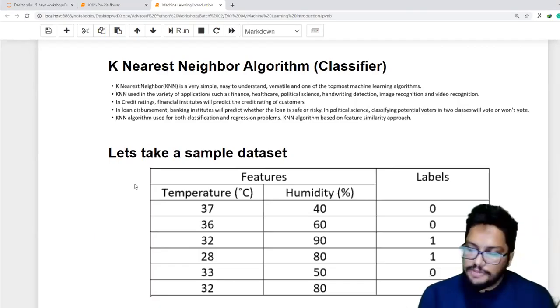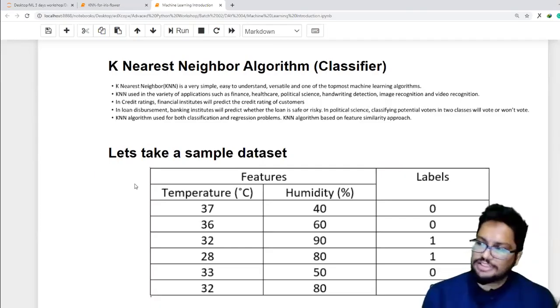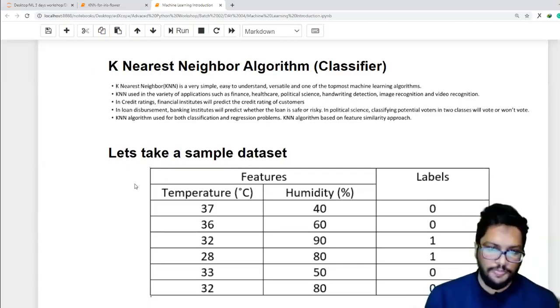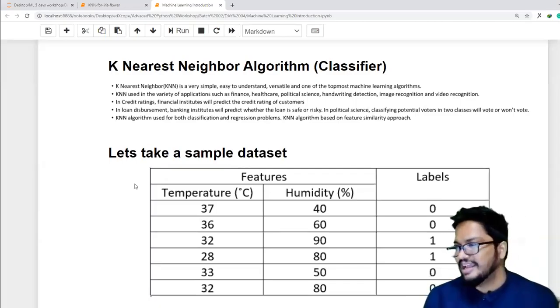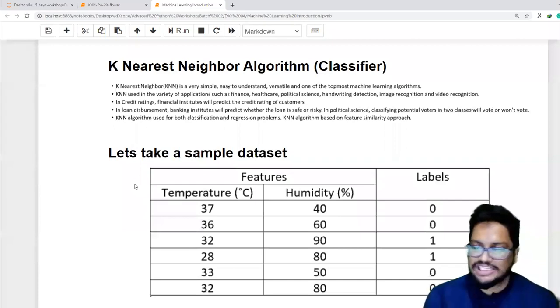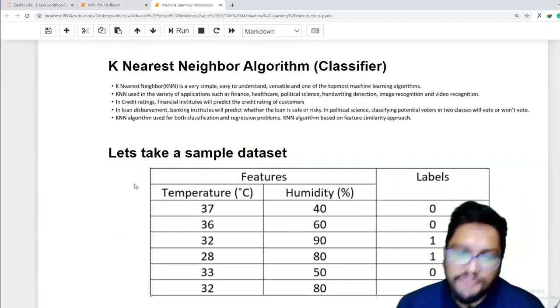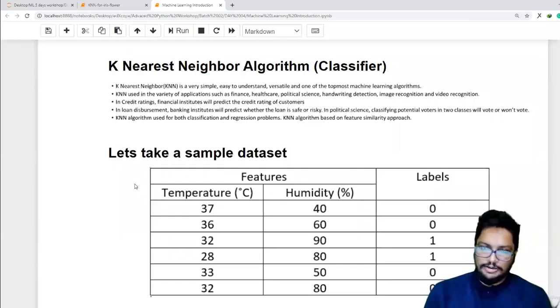K-nearest neighbor is known to be good for finance applications, healthcare applications, political science applications, handwritten digit recognition, image recognition, video recognition. For those kinds of applications, the KNN algorithm is said to be good, from past applications and past projects. So it's mostly used in the finance sector,